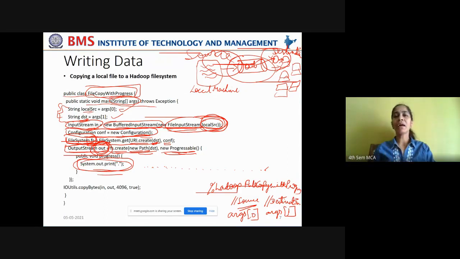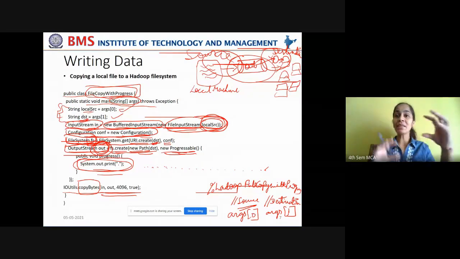So what is the remaining task? Read the data from a local machine, write the data onto HDFS cluster, onto data nodes on HDFS cluster. What is the command that you use for that? What is the statement that you use for that? Copy bytes. You always use this copy bytes in order to read the data from the file. In order to write the data to the file, you use copy bytes because you are just transferring the bytes from input stream to the output stream always. But where this input and output streams are connected, that is the main thing which makes difference between reading the data and writing the data. Got it?